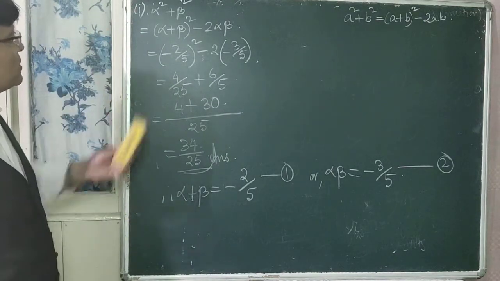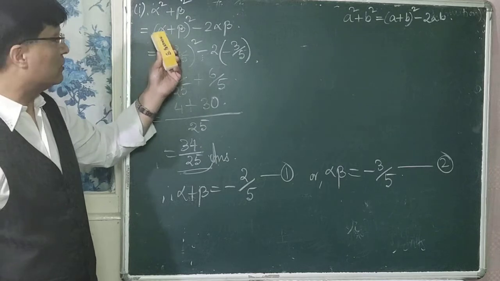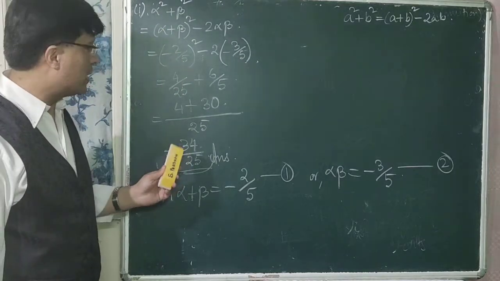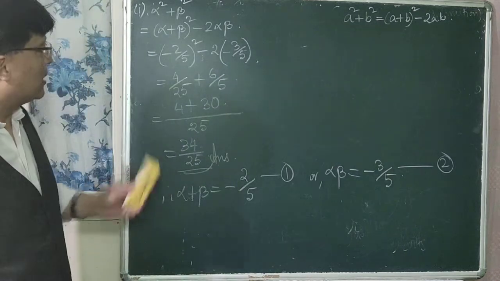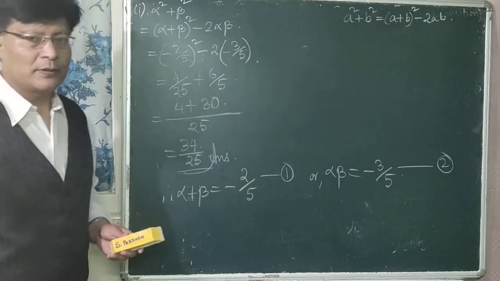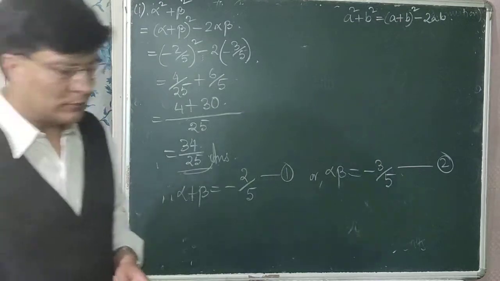That is, number 1 is alpha square plus beta square is equal to, what is the answer? It is 34 divided by 25. So that is your answer. Is that clear? So now,